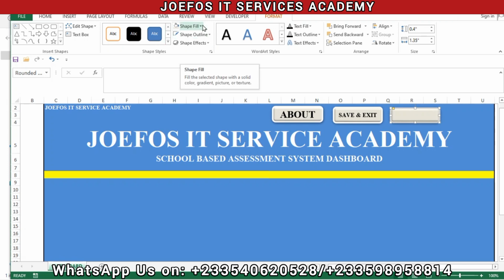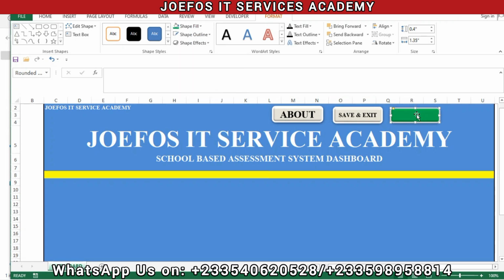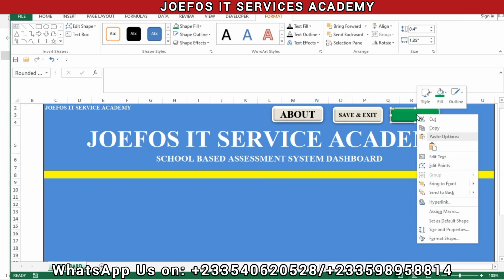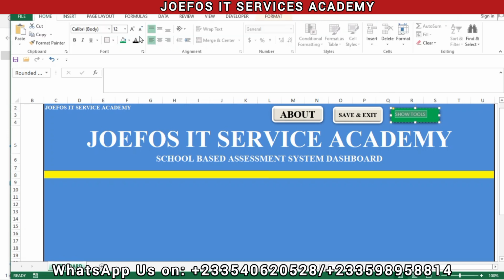Then we want to change this one because it is going to be show tools. We are going to change it to green. We are going to give it a green background, then we right click on the shape, then we go to edit, then we are going to give it a name, show tools like this. So the next thing that we are going to do is to Control A to select everything on the shape, then we come to home, we come to shape,